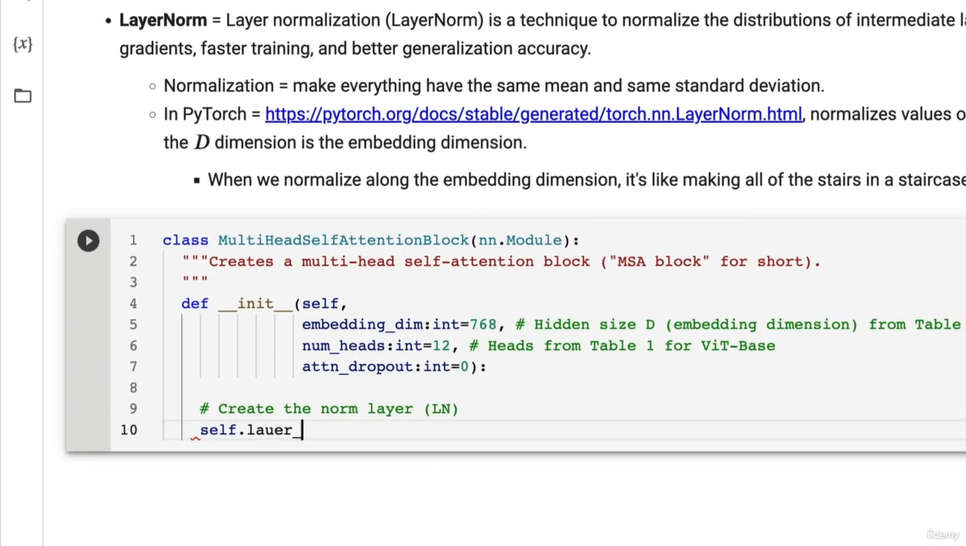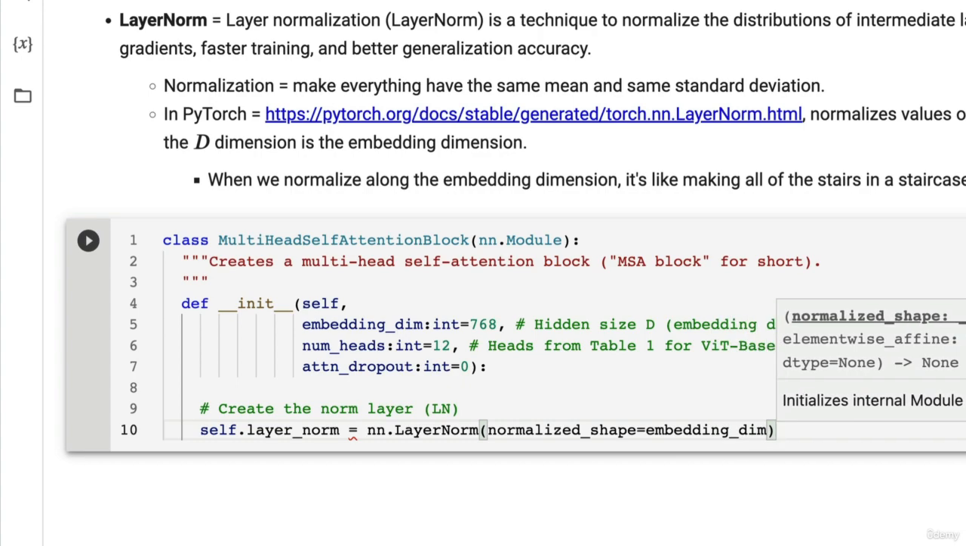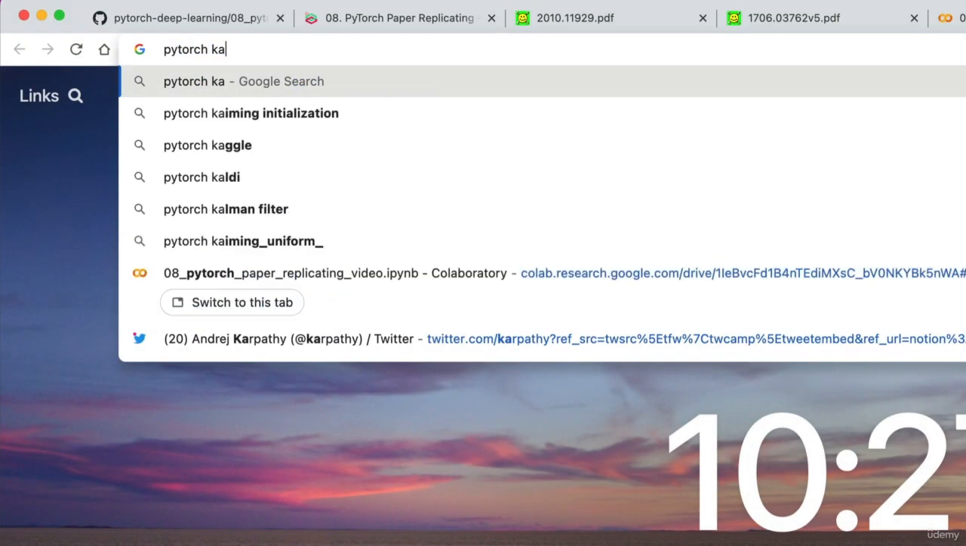It's going to normalize our input values across the dimension that we pass it. The normalized shape equals embedding dim. How do we know that? Well, if we go to the PyTorch documentation for layer norm,